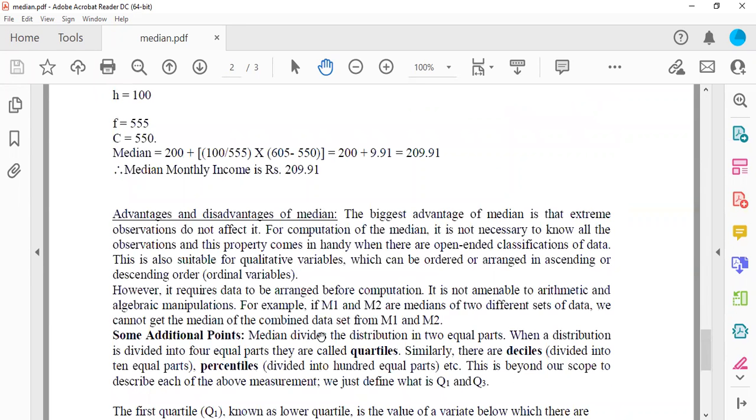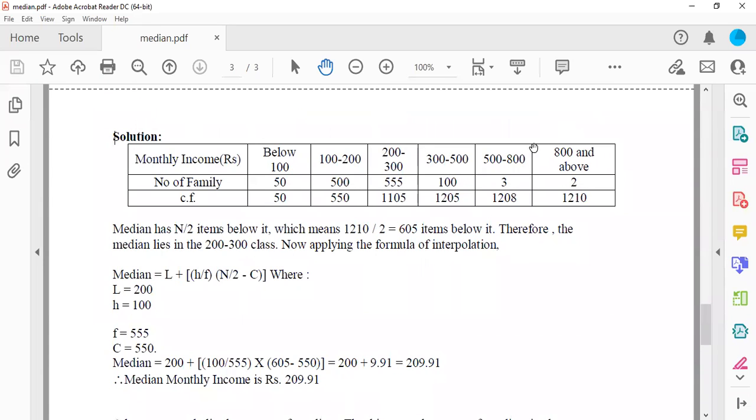Other than the median, there are some other calculations like quartiles. But let us first go through the advantage and disadvantage of the median. After that, we will go through the meaning of quartile 1 and so on. The biggest advantage of the median is that extreme observations do not affect it. Median always calculates the middlemost value. Extreme observations mean extreme values that have huge frequency. For example, 800 and above has a large frequency, the maximum frequency in this class,